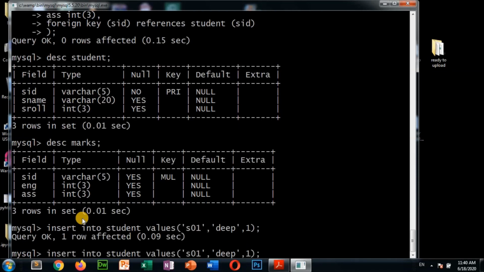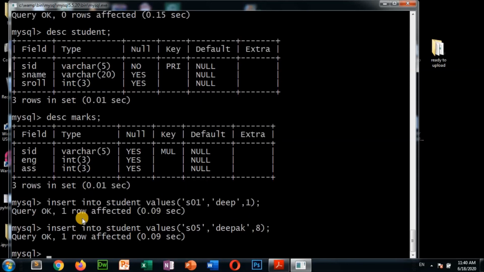Again I am going to input another record. Here SID is S05, and this is Deepak, and suppose this is 8, press enter. Another student I am going to input, suppose this is 9, and the name is Rima, and SID is S07, press enter.